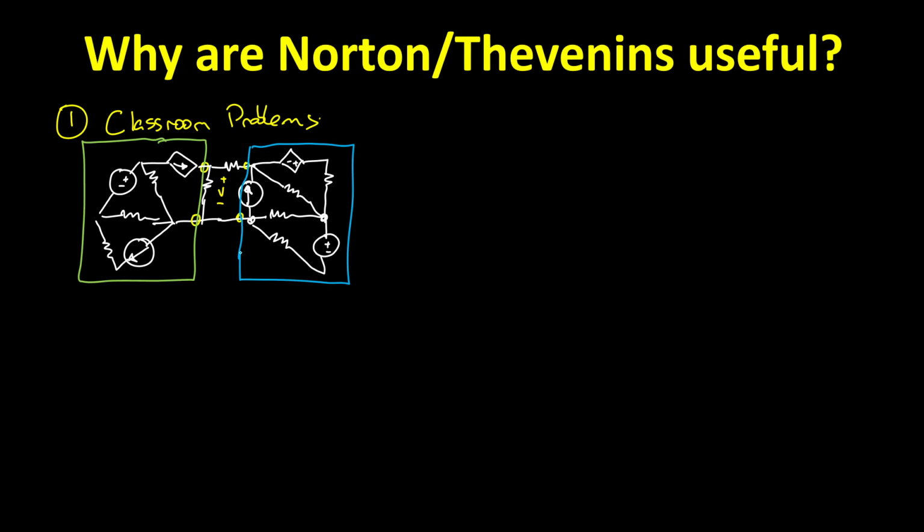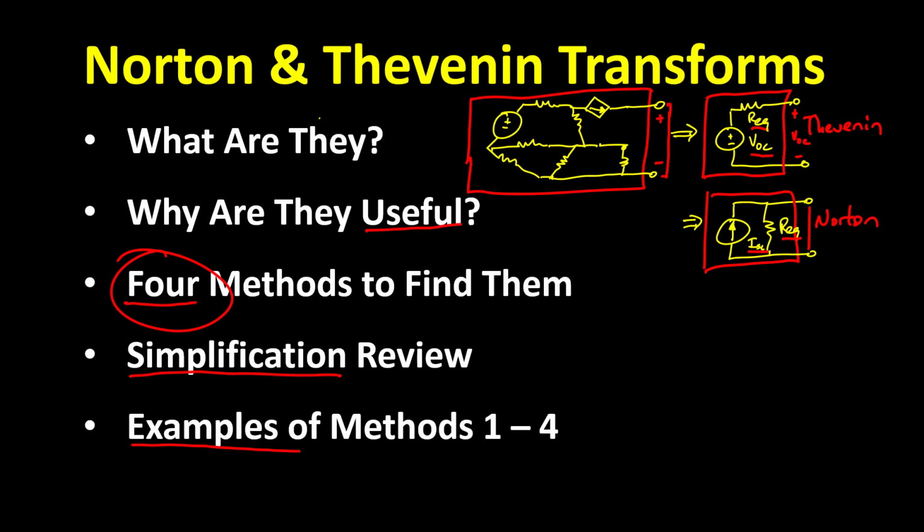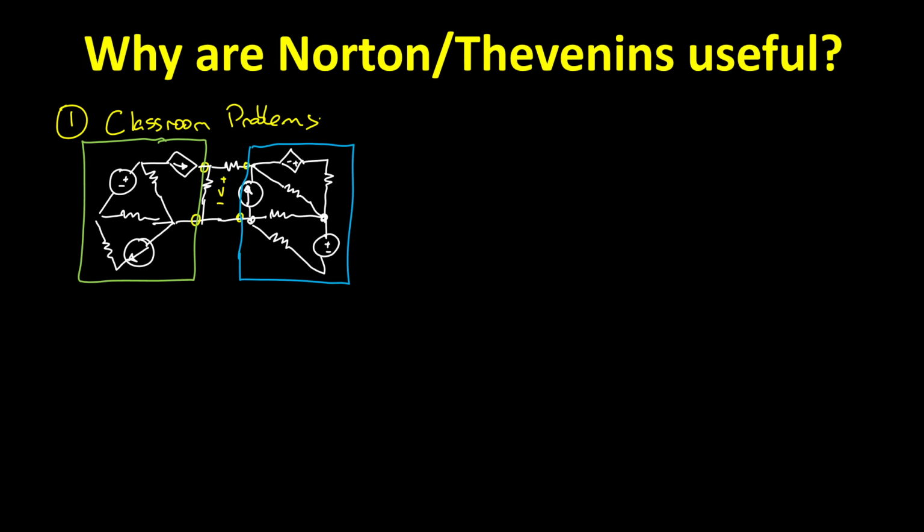You'll notice that each equivalent circuit only has 2 wires exiting, just like we drew up here. So each circuit can be represented, if we were drawing Thevenin equivalents, as a single voltage source with a single resistor. That would be the equivalent of everything in the green box. This is the equivalent of everything in the blue box. And now, the resulting circuit is much, much, much